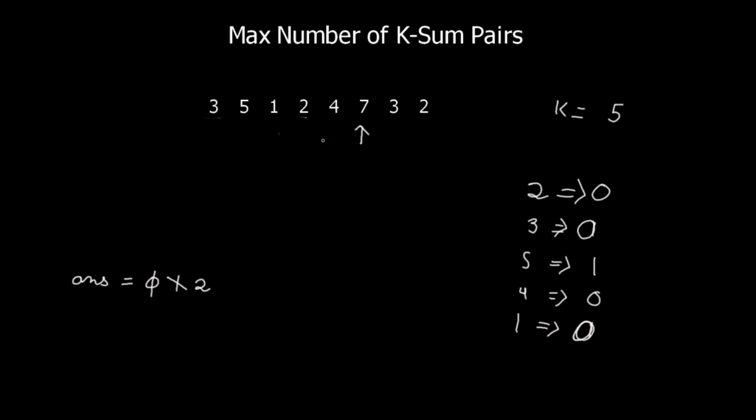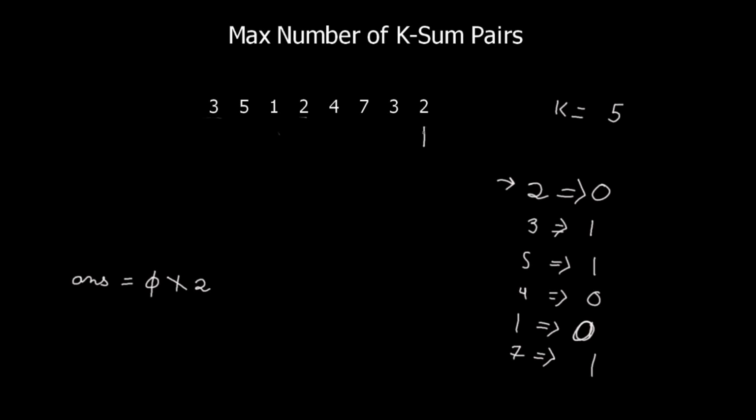We move forward again. Now we reach 7. Now with 7 we need a negative 2 to make 7 plus negative 2 equals 5, but it is impossible to get that because the constraints of the problem say that every integer is greater than 0. But anyway, we store this in the map if we want, and it is not necessary. And again the I pointer increases and it reaches here. Now 3 plus 2 equals 5, and do we have any 2 present currently? The answer is no, and therefore we increase the value of 3 by 1 and it becomes 1 here.